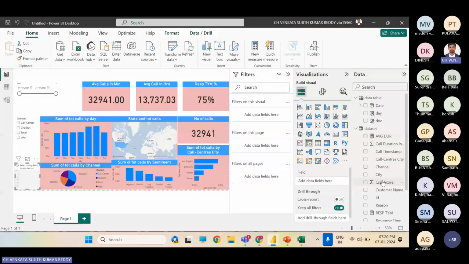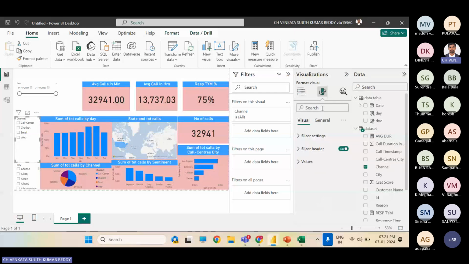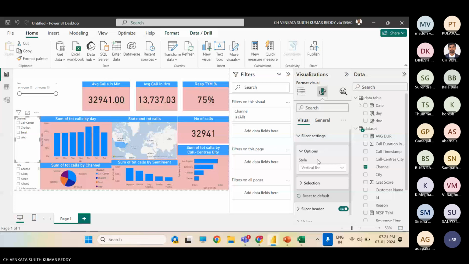So in this channel, go to visuals and slicer settings, go to the drop down option so that you can put some space, just format and title.